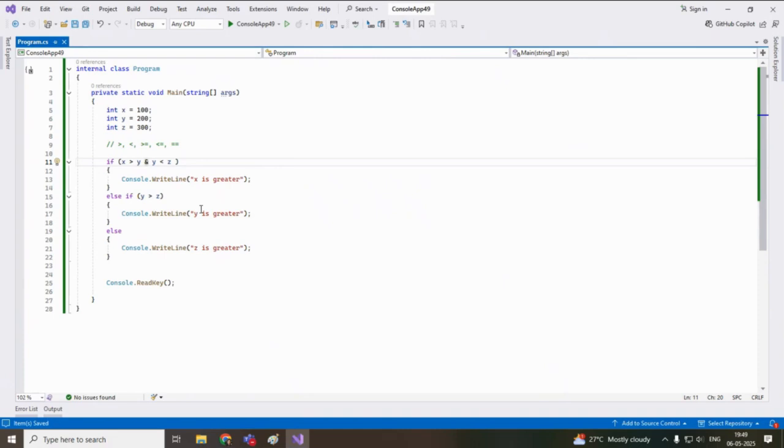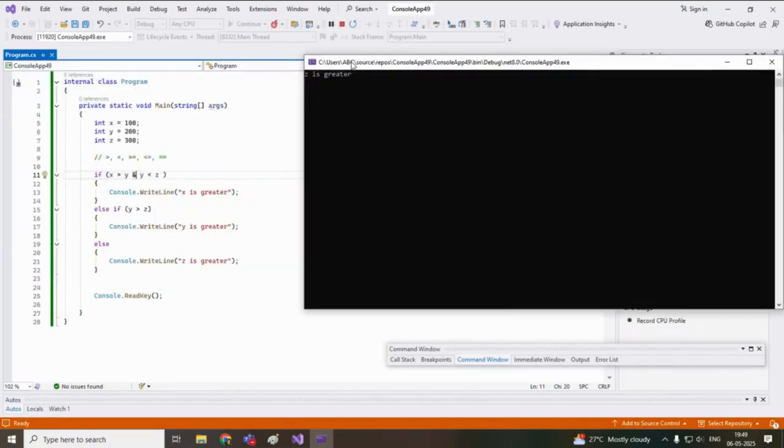Now what will it give me? Error? We need to use double and, right? No, you can use single and. That's why I'm asking what is the difference between single and and double and. Now if I run this,